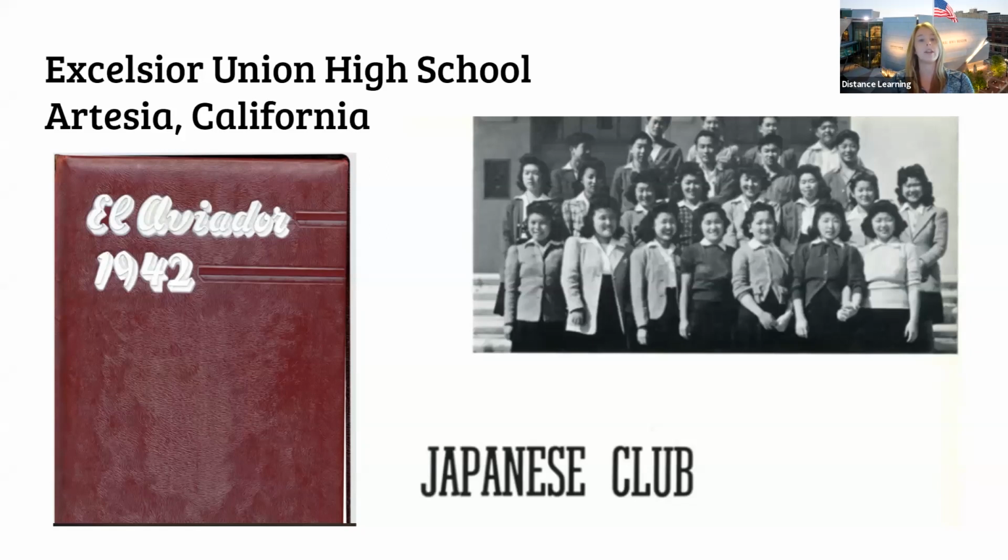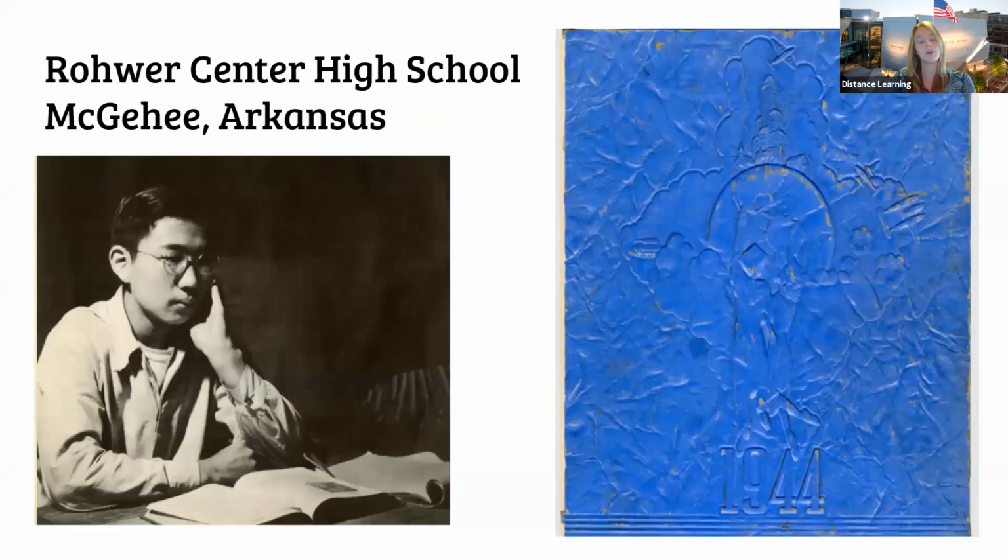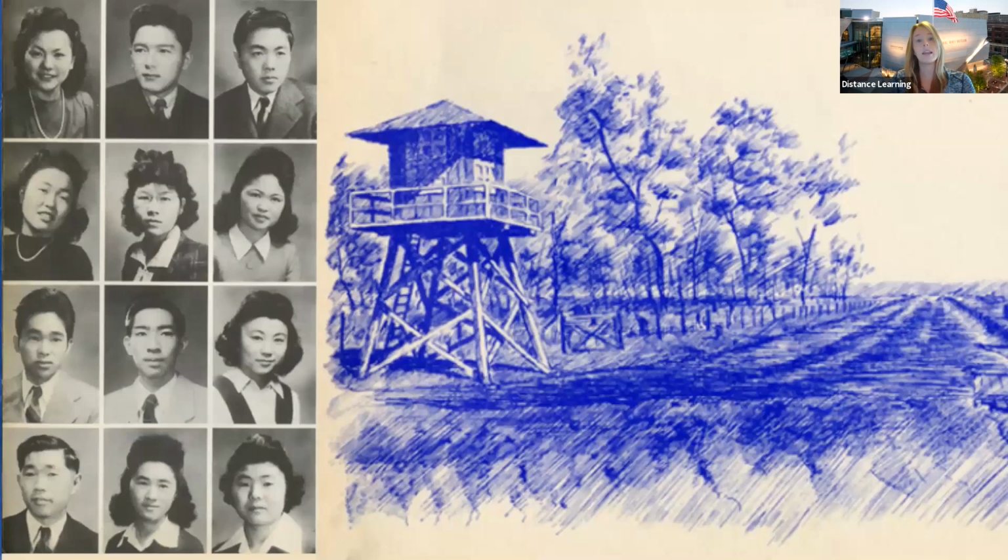this 1942 yearbook. And one more yearbook that I want to touch on before I turn it to Heart Mountain is another yearbook we have in our collection from Rohwer Central High School. So some of these internment camps that we're talking about, they actually had yearbooks themselves. They made yearbooks, and we were lucky enough to be given one that we digitized. And so you can look through it on our yearbook site, and you'll see many images of not only the students that were in this internment camp high school, but also of their reality, what it looked like.